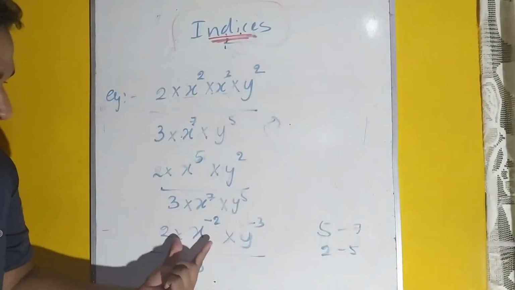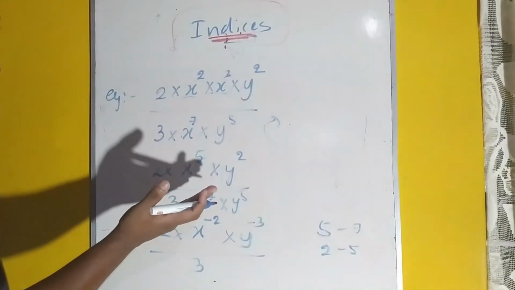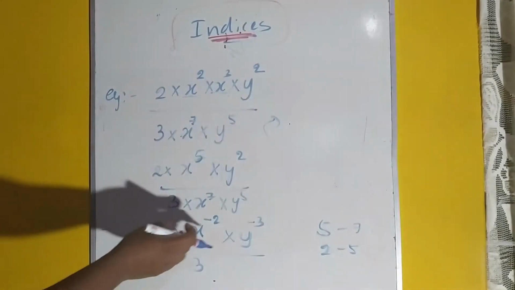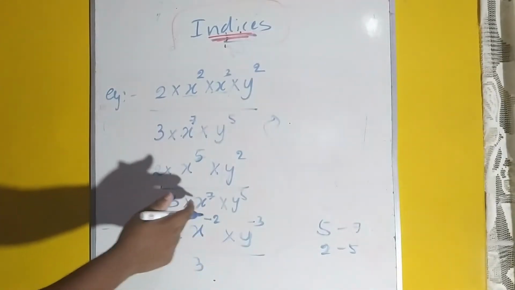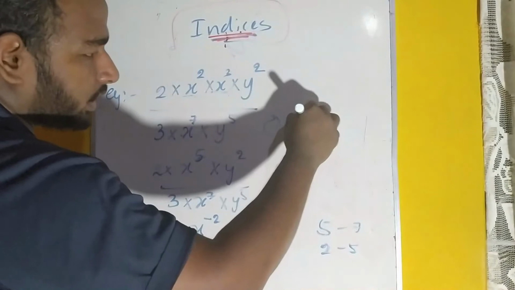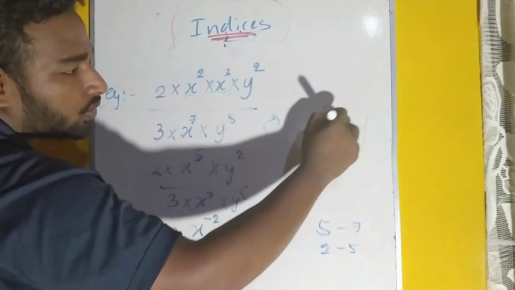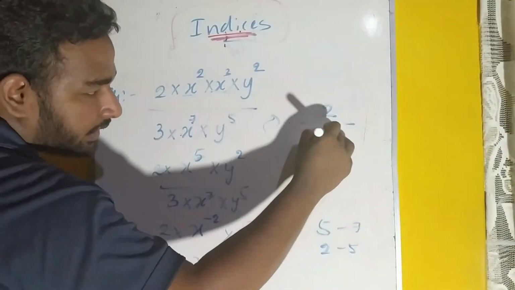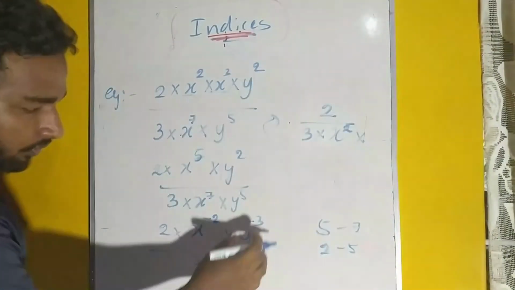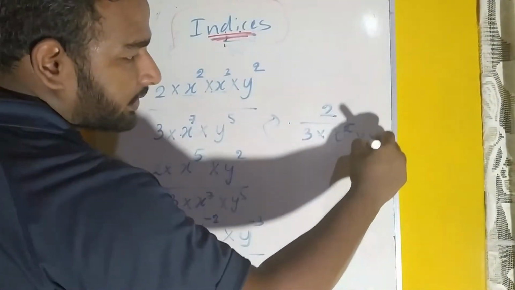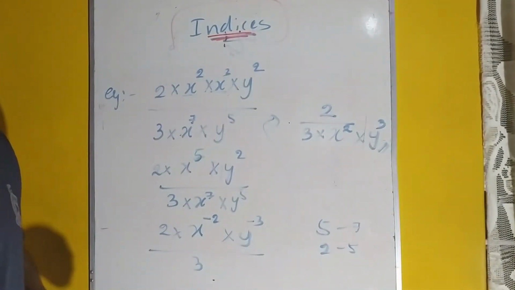Now, if you come to this one, you see, the power of x is negative and the power of y is negative. So these two negative powers are in the numerator. If I need to convert this into positive, what should you do? The numerator should become the denominator. If you see x to the power minus 2, this one is in the numerator, so I am changing it. So these two should come down. So what is remaining up? Only 2. Denominator there is 3. x to the power minus 2, if it comes down, it should be changed as x to the power 2. y to the power minus 3, if it comes down, it should be changed as y to the power 3. So the answer is 2 over 3 into x square into y to the power 3.